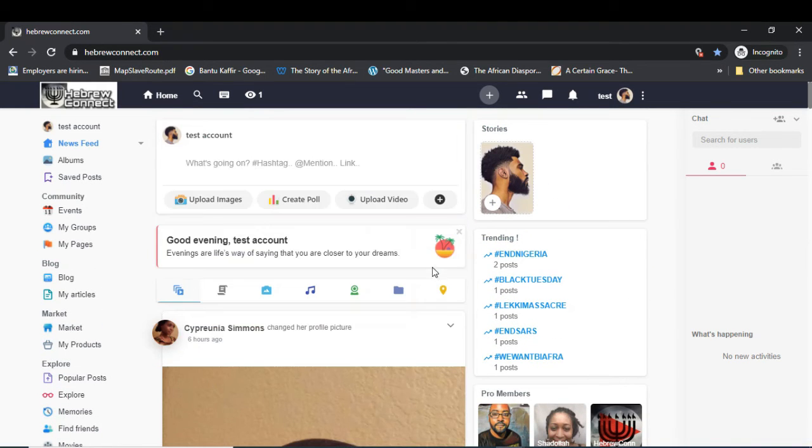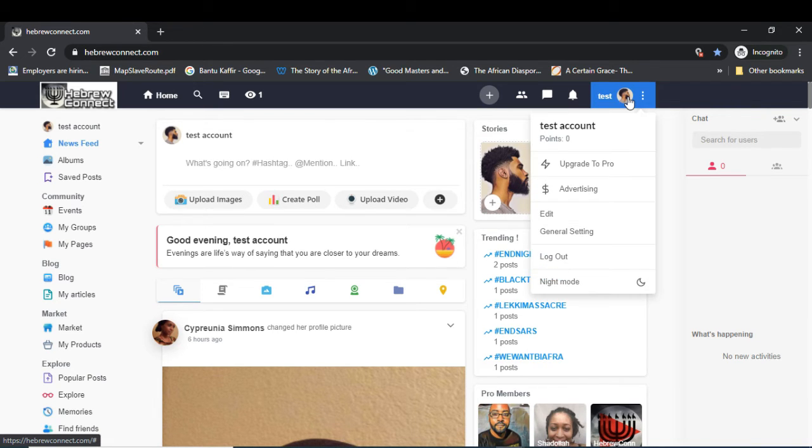So let's go ahead and get into privacy settings. All right. So go on the top right hand corner where your name and your profile image is at. Here is your main area where you can either upgrade your account to one of our pro packages. If you want to advertise, you can do that if you have a business. I don't recommend doing this right away because we need to build capacity first, and there'll be a time for that. All right. First thing you want to do then is go to General Setting,